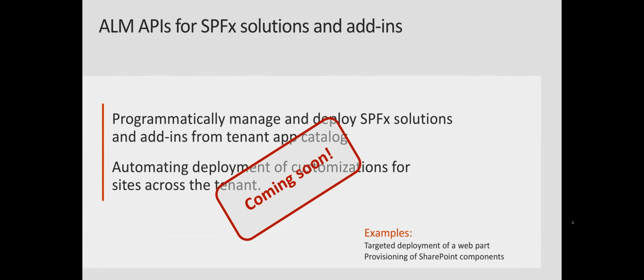What this will allow us to do is automate the deployment of our customizations across the tenant. There are ways I can do this today. I can use some of the PnP PowerShell stuff to do certain things. Let's go back to the example I used earlier. If I have a SharePoint Framework extension that uses an application customizer to put App Insights on every single site in my SharePoint tenant, I would have to write a significant amount of PowerShell, once I've deployed it to the app catalog,